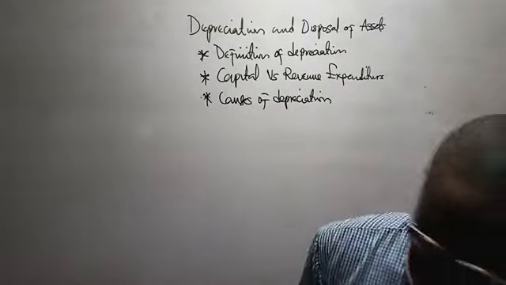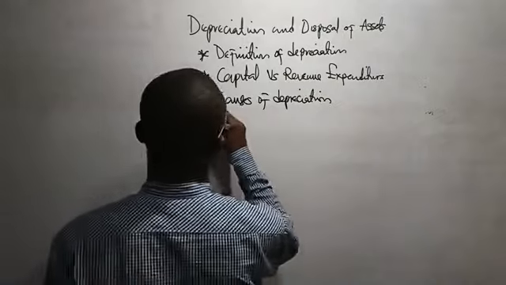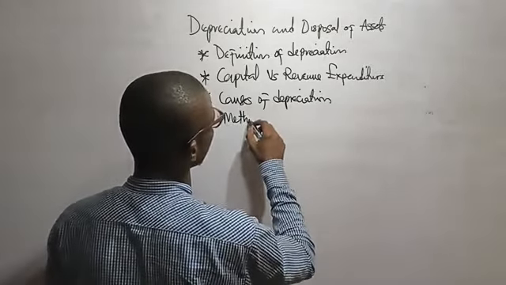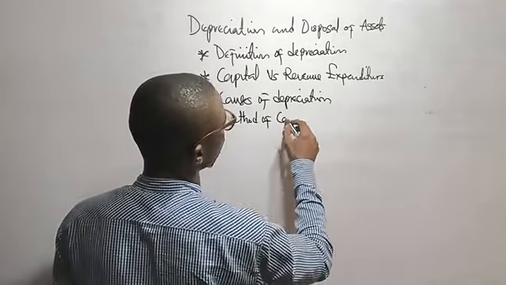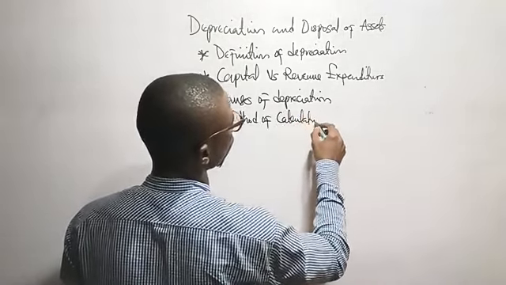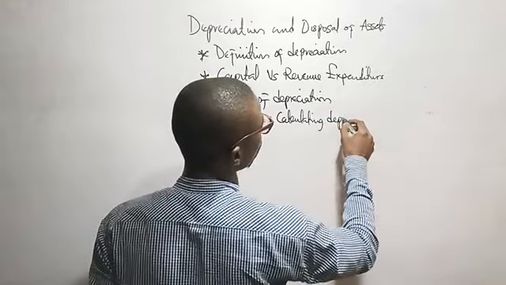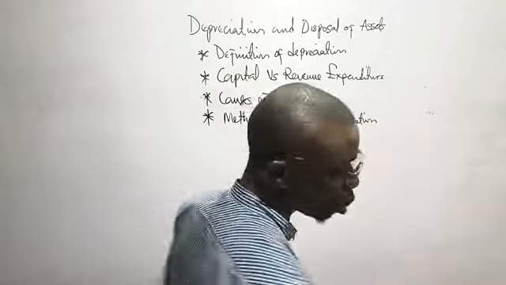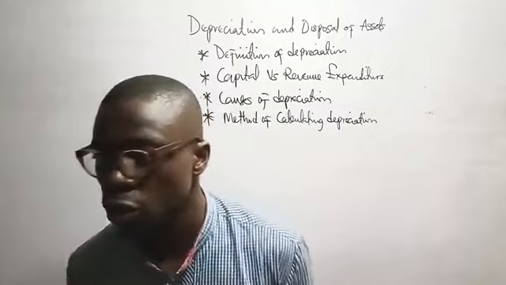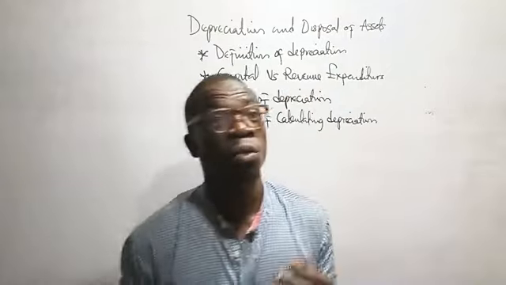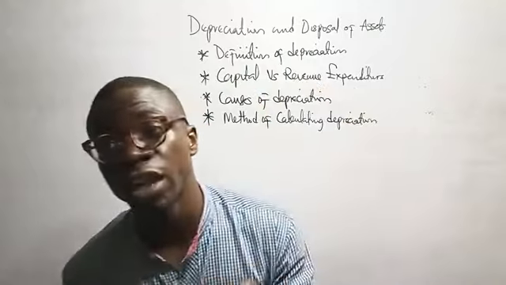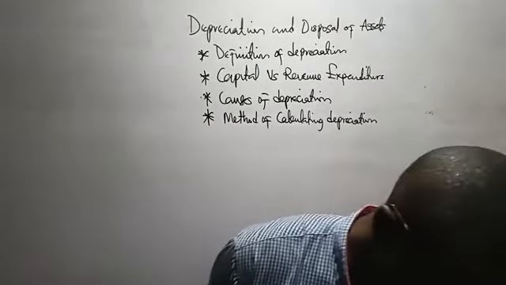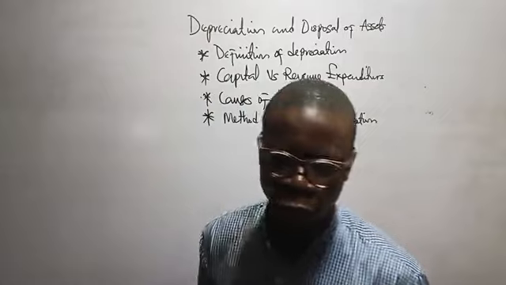So let's go to the methods of calculating depreciation now. We have several methods of calculating depreciation. We have what we call straight line method, reducing balance method, sum of the year digits method, annuity method, sinking fund method,